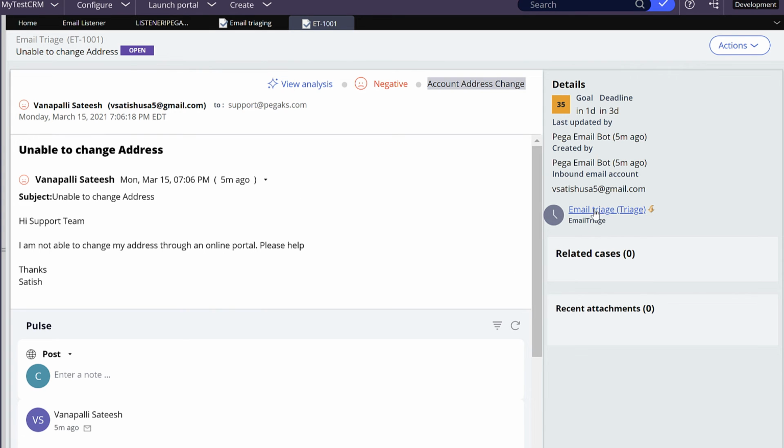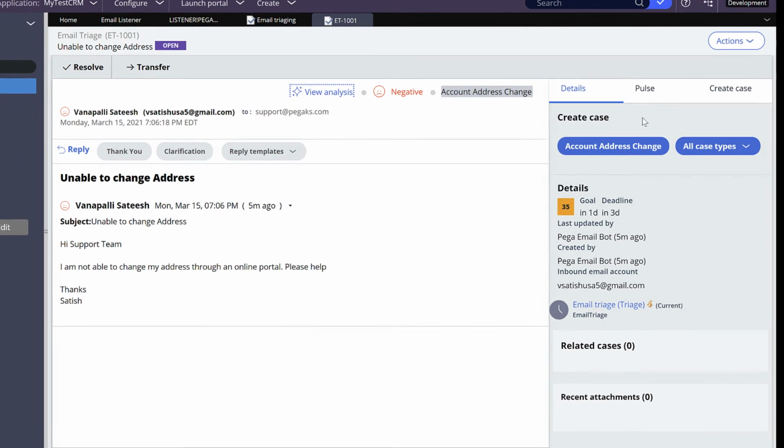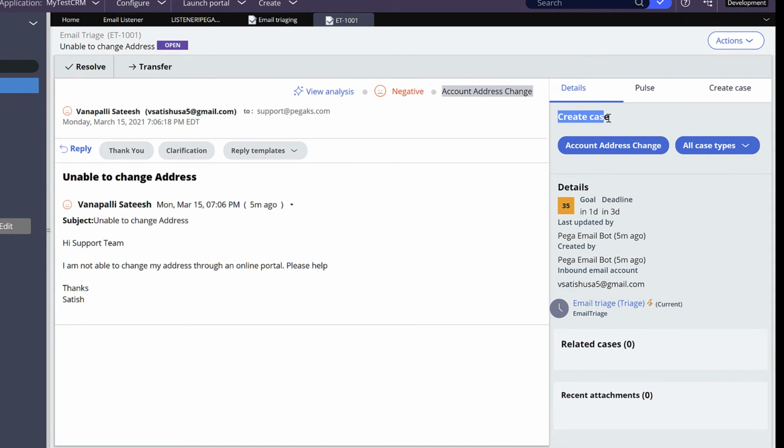open this assignment, open this email triage assignment, and if you see the create case suggested case, since my email matches the name address, it is showing create case as account address change. If not, it will show the remaining case types.